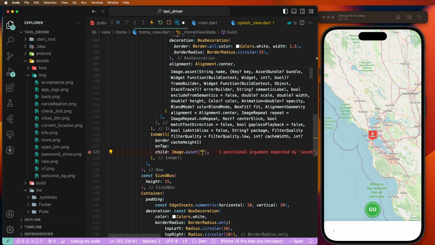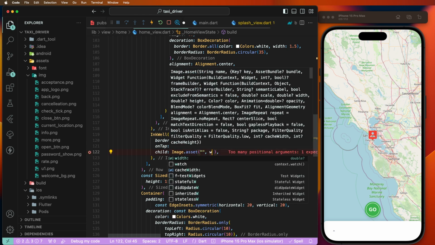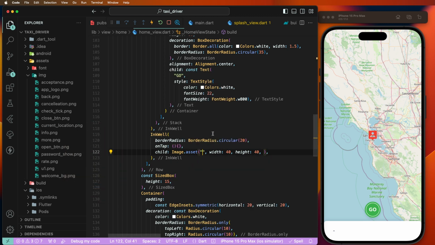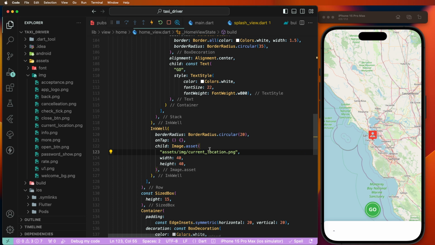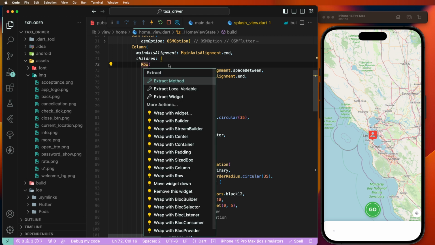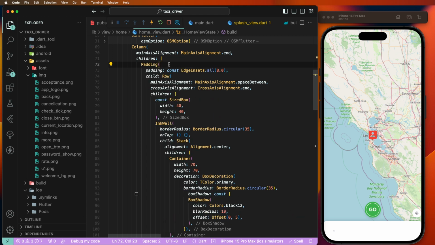Now need to create here the image sets and to set this here the width and height. Set here the 40 and to give this here the current location buttons. Need to set this here the image relative path and to create these buttons like this displaying here this UI. Also need to set this here the row paddings. Give this here the symmetric horizontal. You need to set this here the 20 like this sets,